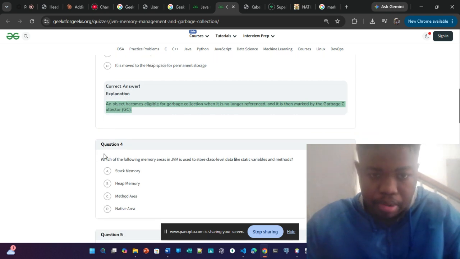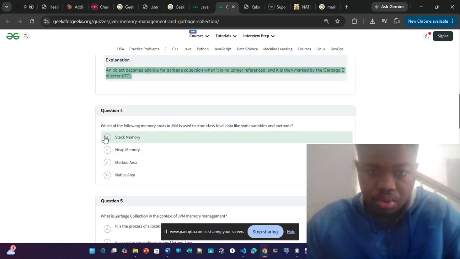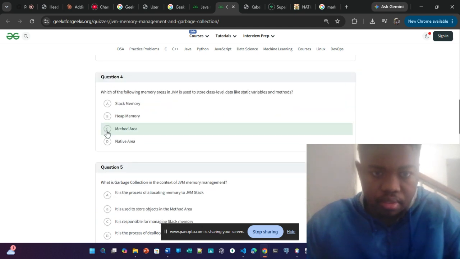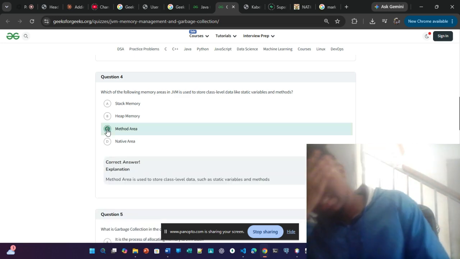So which of the following memory areas in JVM is used to store class level data like static variables and methods? Or method area? Yeah,